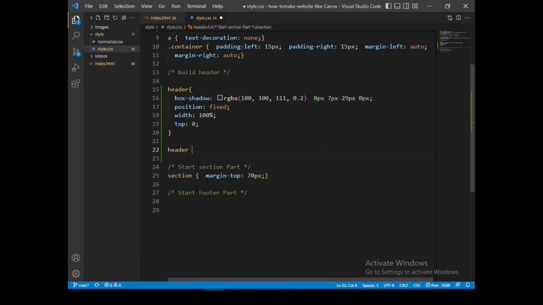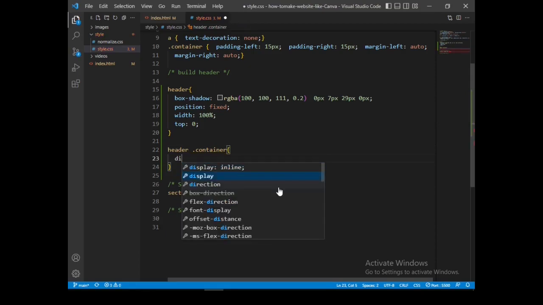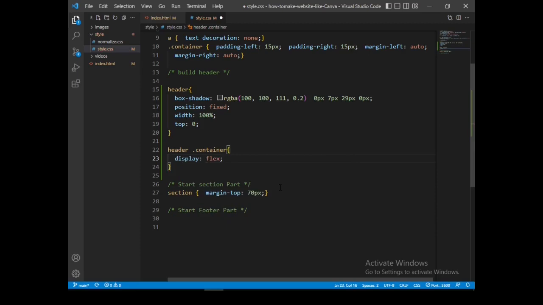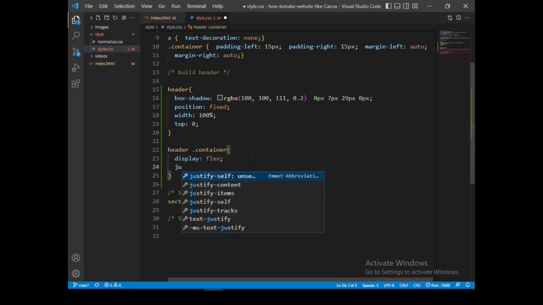Then also let me style the container. Let's set it display flex, justify the content to space between.